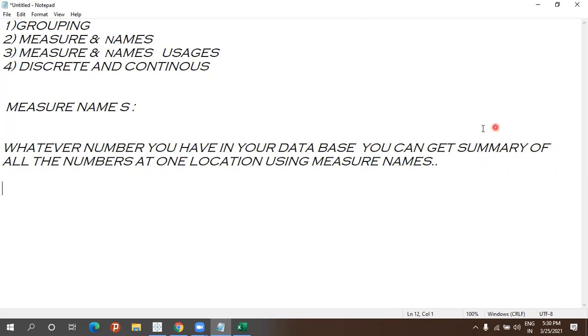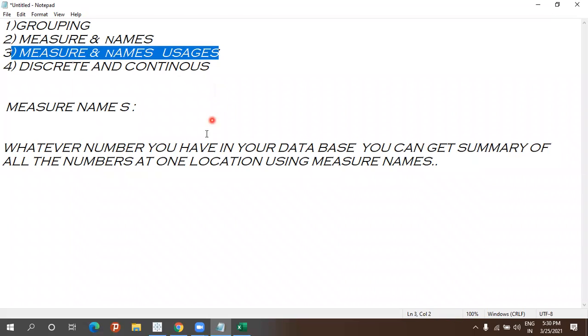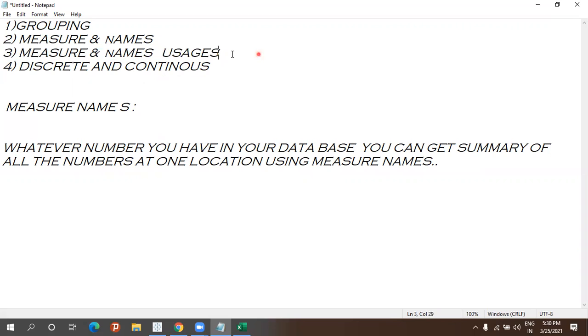Done. Next we are going to see the usage of measure names and measure values. What are we going to do here? First, let me tell you why we use measure names and values.